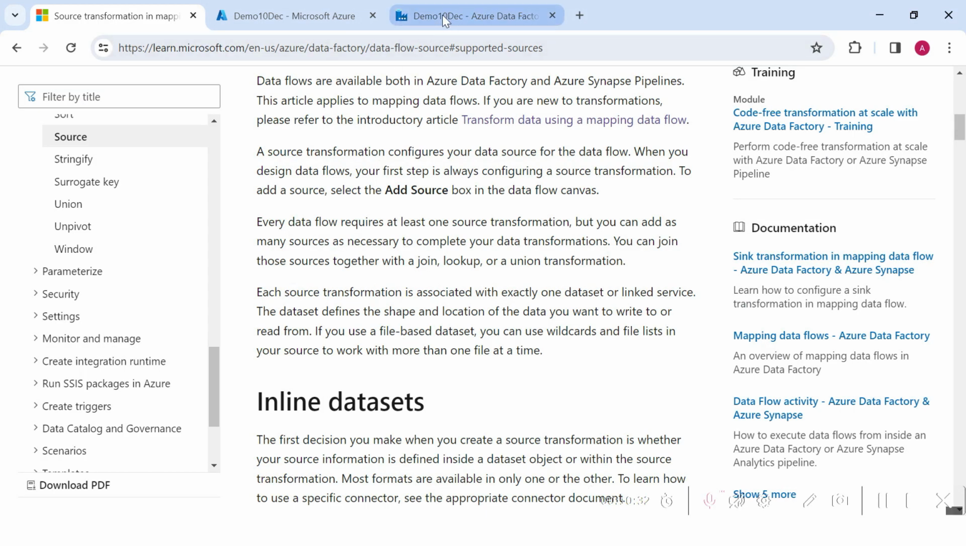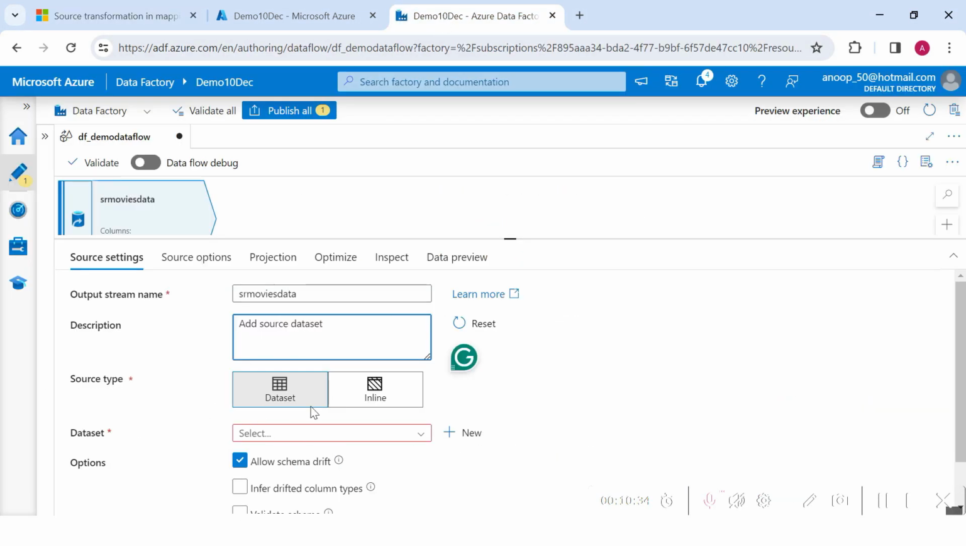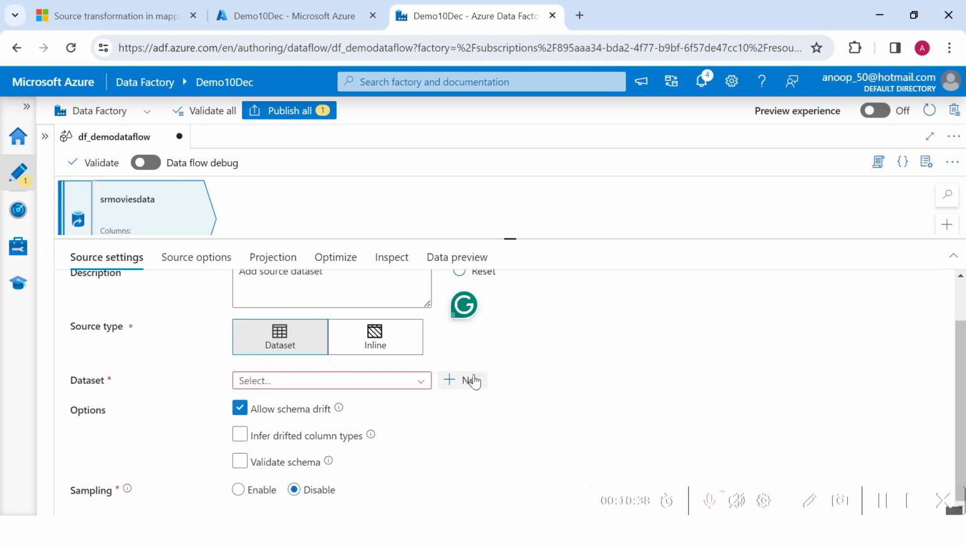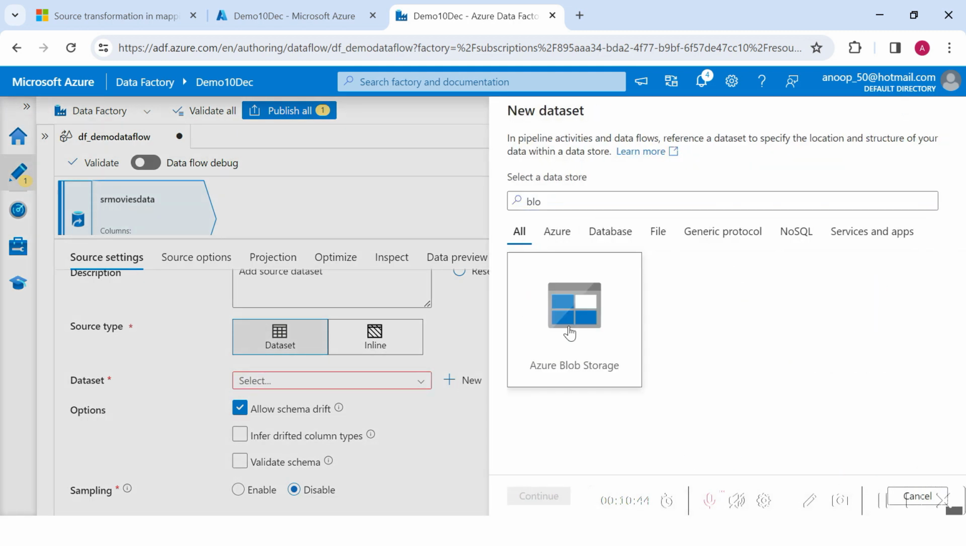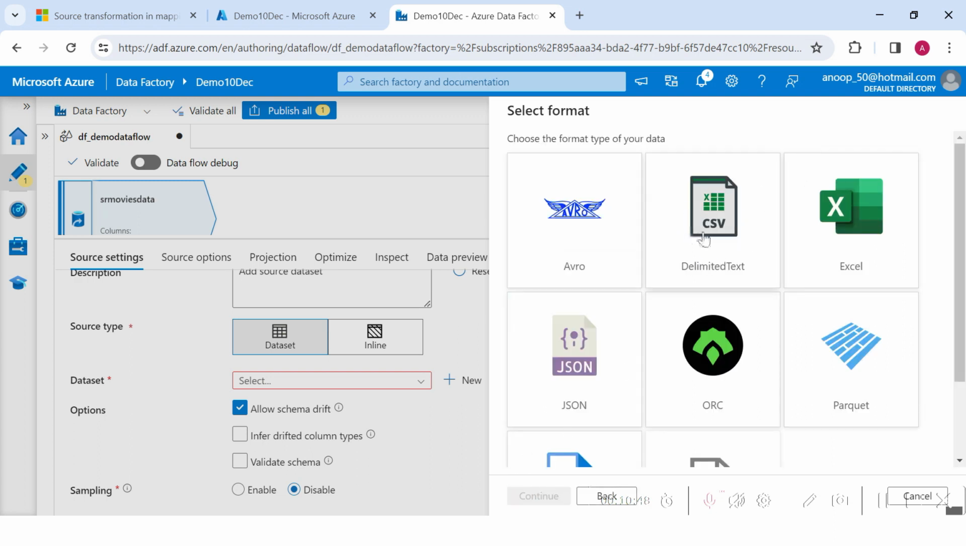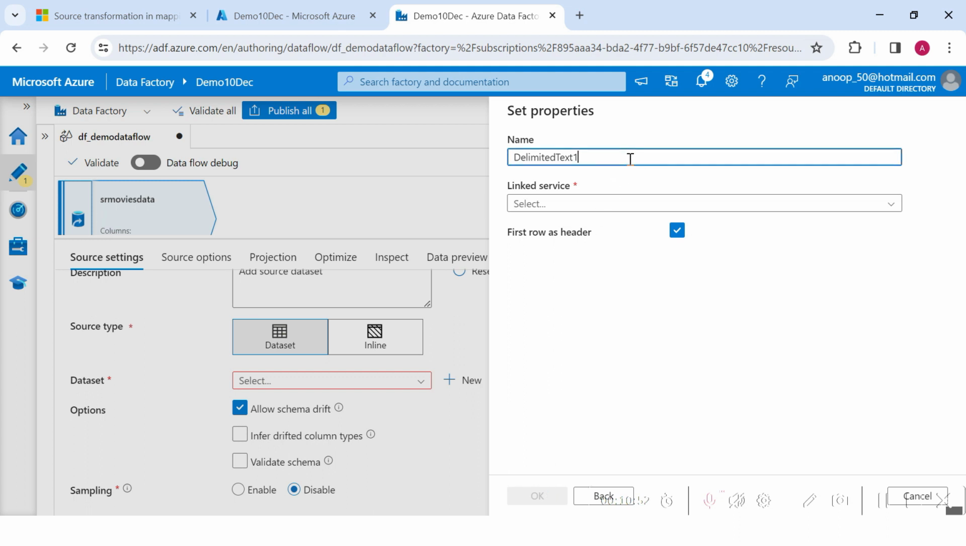Okay, so here I am. That's the inline data set we talked about. What I'm going to do is create a new data set, using the data set, not the inline one. Let me go to blob storage, where we had the delimited file. Let's choose that one, and we're going to call this data source